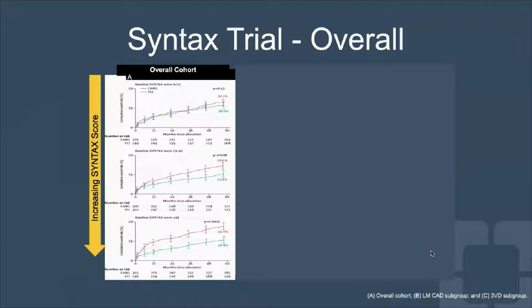And these patients are separated into three groups: low complexity, medium complexity, and high complexity. Looking at the overall results at 5 years, we can see that in the low complexity group, there really wasn't much of a difference in MACE outcomes. However, in the medium and high complexity groups, CABG patients, which are in red, had improved outcomes when it came to major adverse events, and particularly when it came to need for repeat